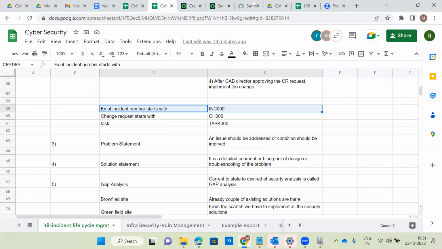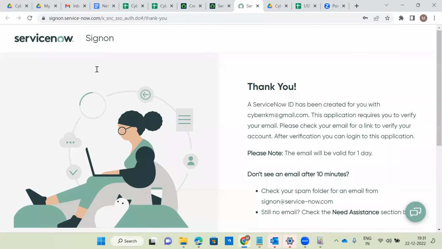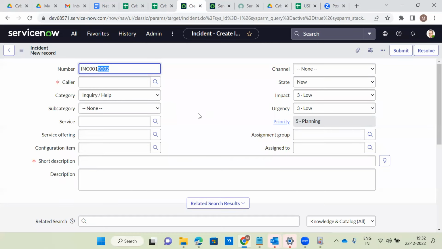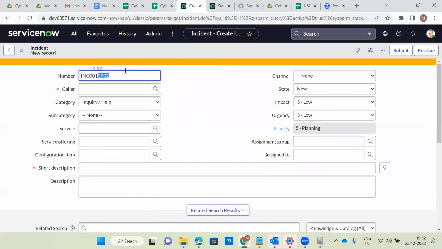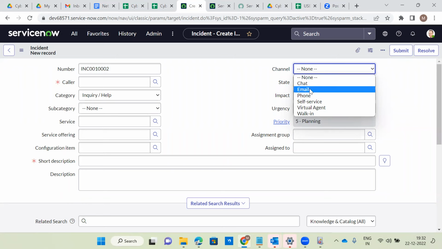So when I click on this ServiceNow ticketing tool, INC0000, the number is already there. Whenever I create a ticket or incident, that number is this one. Now, channel: how it is received. Obviously, SIEM tool alerts, firewall notifications, or even EDR tool notifications will be received through email notification. Caller